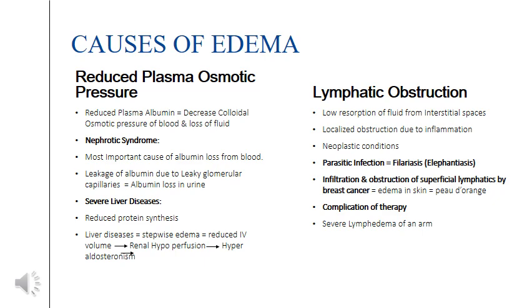How can it cause edema? When obstruction occurs in the lymphatic system, the lymphatic vessel will be unable to take up or remove fluid from the tissue. So when obstruction occurs, low absorption of fluid from interstitial spaces occurs. This can also occur due to localized obstruction, and obstruction can also occur due to inflammation, because in inflammation